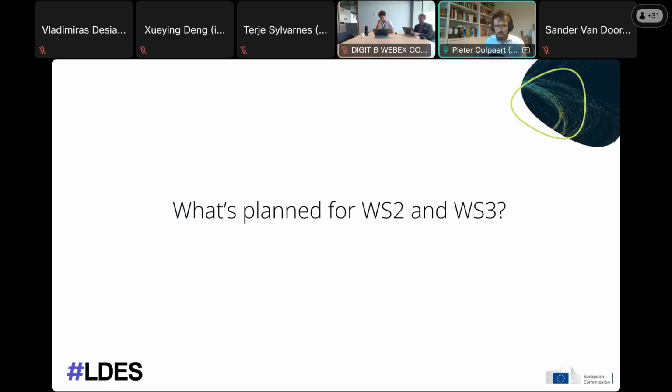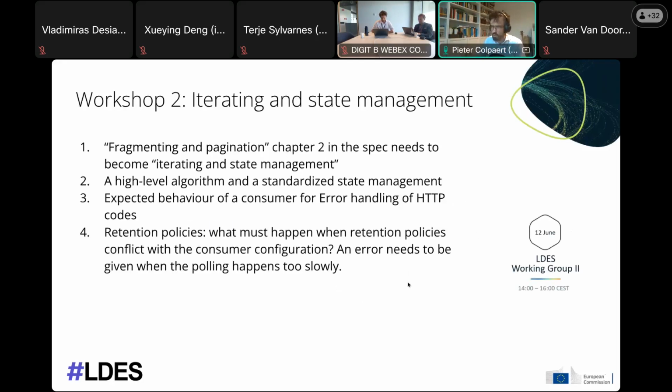Then that was quite in detail what we will do next week, yeah? And then we'll also really dive into and prepare slides and make sure that we discuss the GitHub issues and the pull requests there in more detail. But what will we do for workshop 2 and 3? On workshop 2, the idea is to